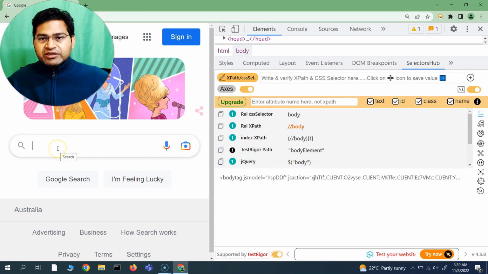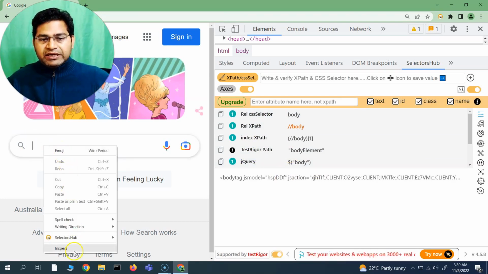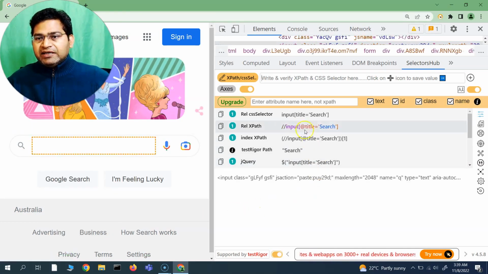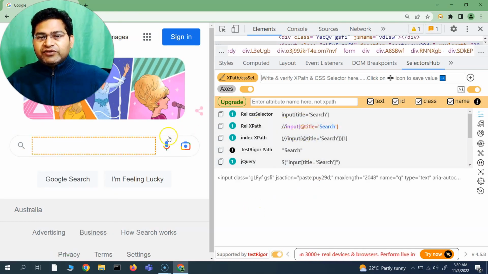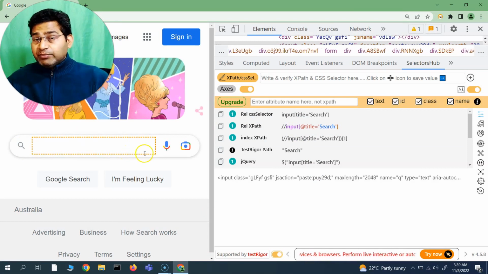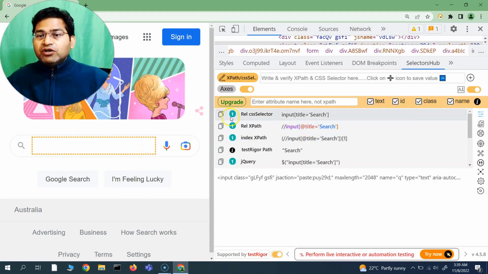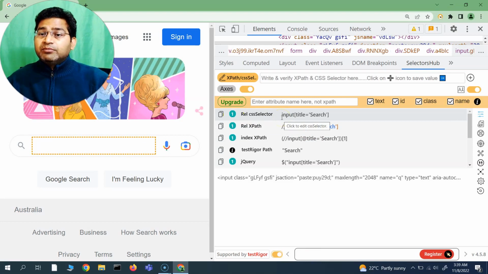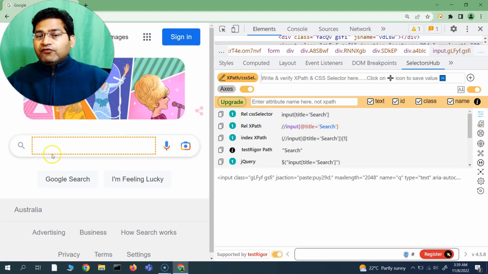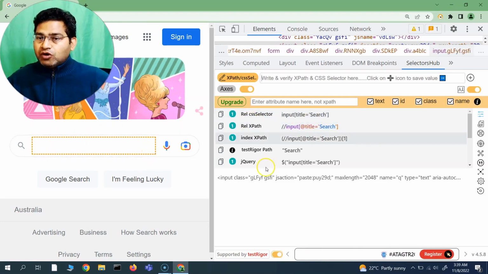If I want to inspect this particular web element, say for example this search, I simply go ahead and right click and inspect, and it will automatically refresh and highlight that particular web element that has been inspected, and will also give me different available XPath and CSS selectors for that particular web element automatically here in